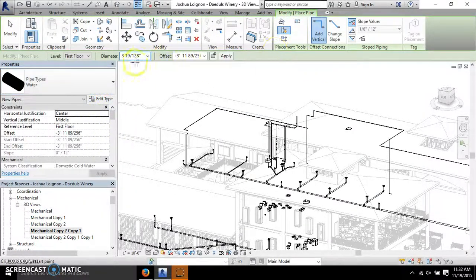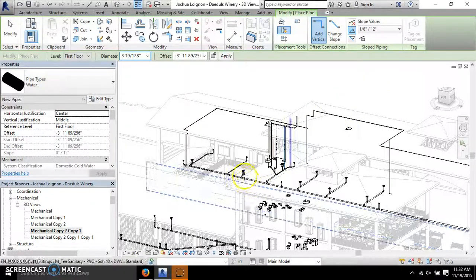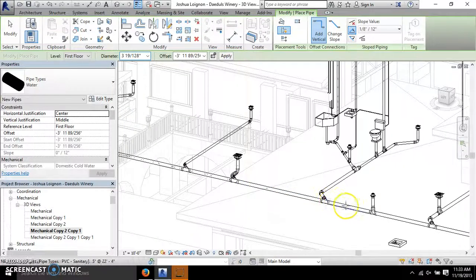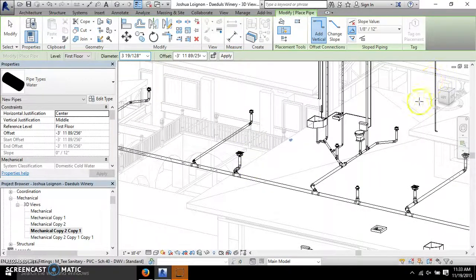So right now for water piping, you're going to notice this right here. This is right when you select to do piping. You have a slope value. If it's on X, that means the pipe won't slope. If you want it to slope, like this line right here, which is the sanitary line, which has to be sloped because it's gravity fed, and they are sloped, you would change it to be sloped. You can pick whatever slope you want it to be, and then when you draw it,